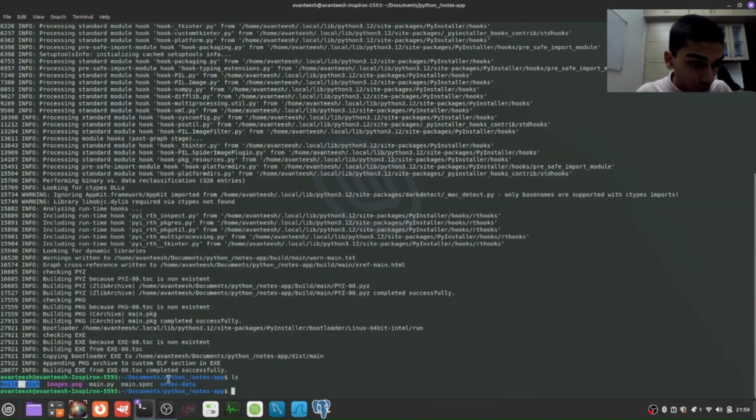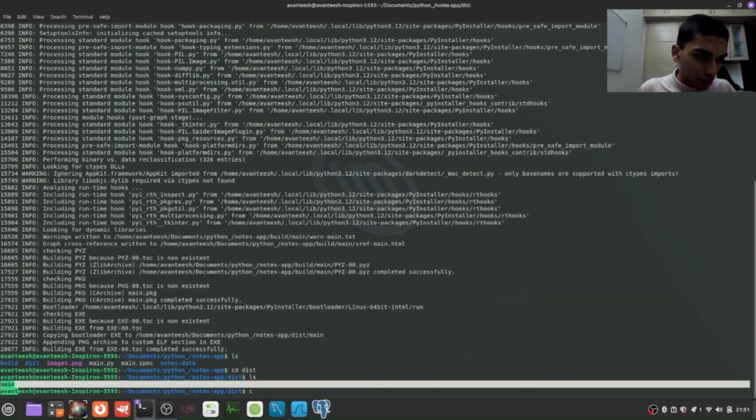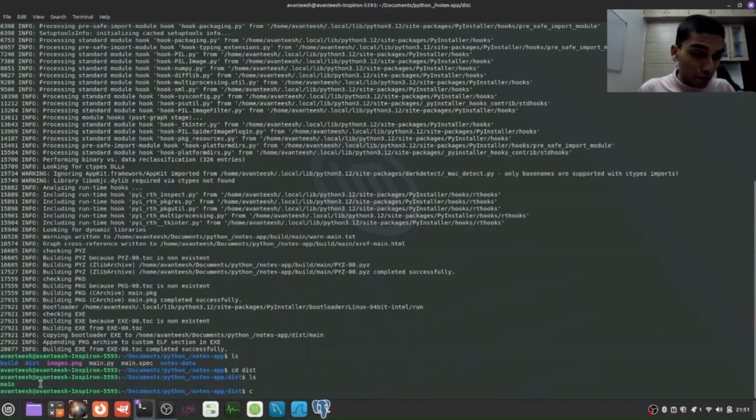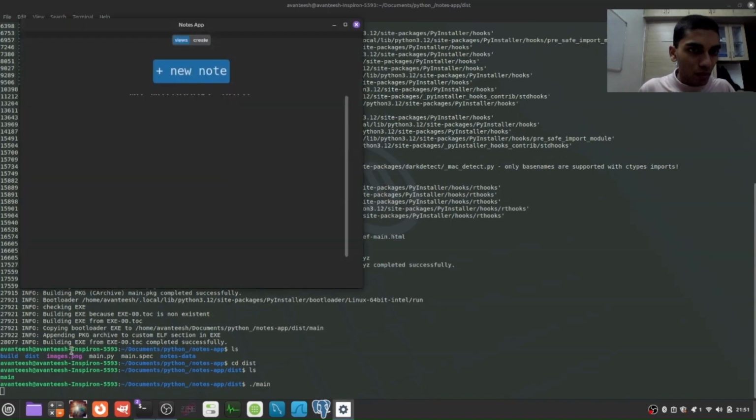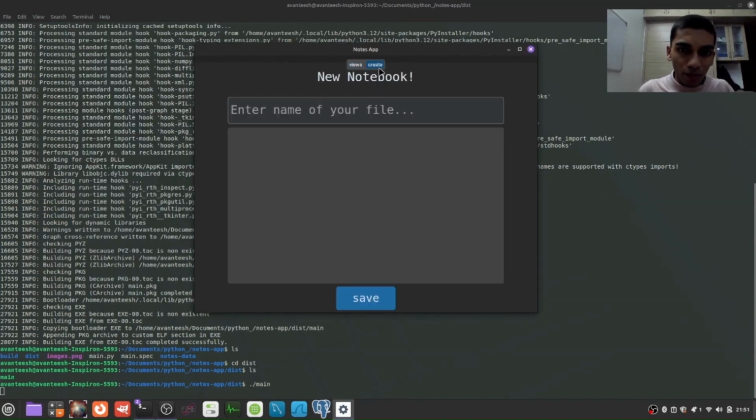Now if I just ls on my terminal, I can see two new directories. So these directories will have the executable program that I need. So let me go to this directory right here, which is the dist, and inside this directory we have an executable, which is our program. So let us run this program. There we go. So you can see the program is right here,